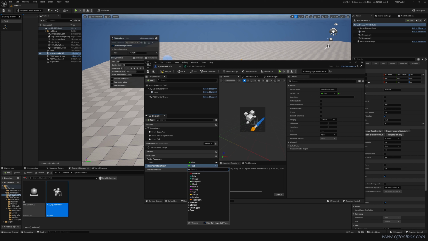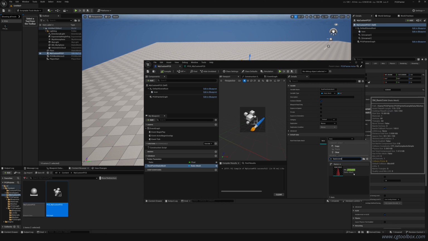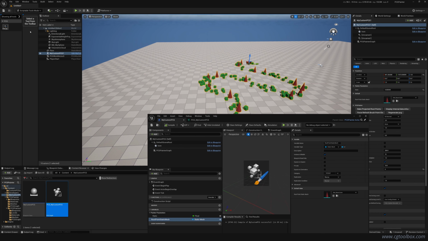The type would be static mesh, object reference. Set it as public, compile, save, and let's use as a default value the same static mesh as before. You compile, save. So now, just as a verification, if you open the PCG Painter again and show instance parameter,